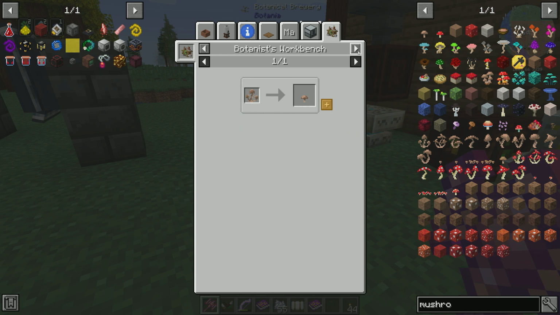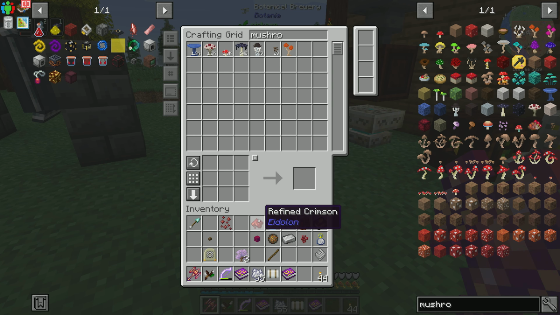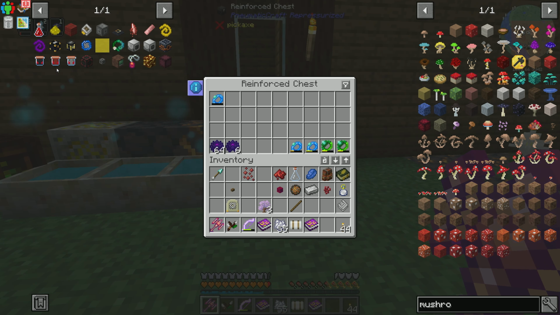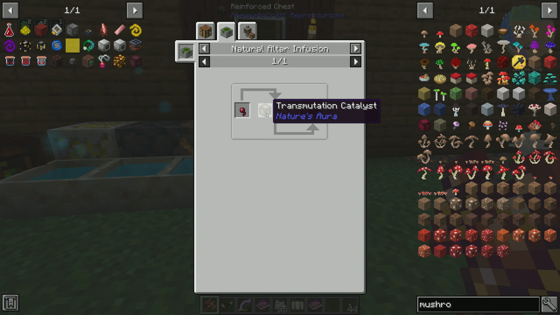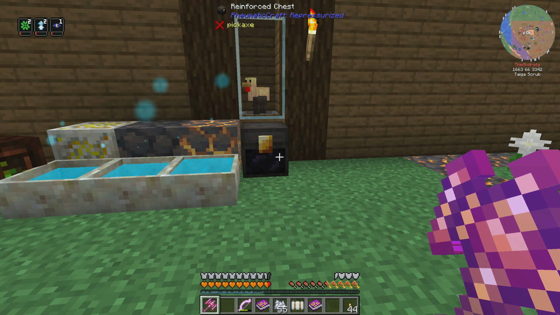Spores recreator. If I had one, I could make more. Yes. Bark mushroom. Can't believe I'm being held up by a mushroom that I don't have. A spider eye with a transmutation catalyst and the natural altar can do it. All right, let's do that. I guess I need to figure out, where did I just put my...